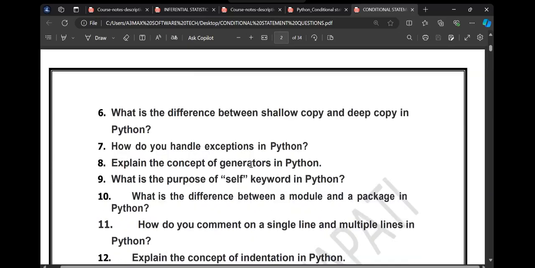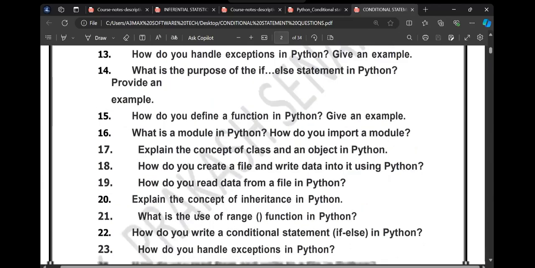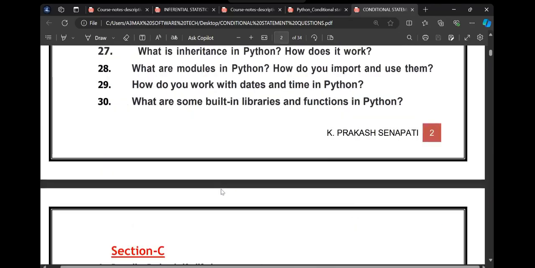See, the questions which you do not understand, don't worry. When you try, just put a red mark. After a few days, open the file, things would be pretty clear, because what is the purpose of self? I will explain in OOPs, not right now. Whatever questions you understand, you can do it. What is a module in Python?